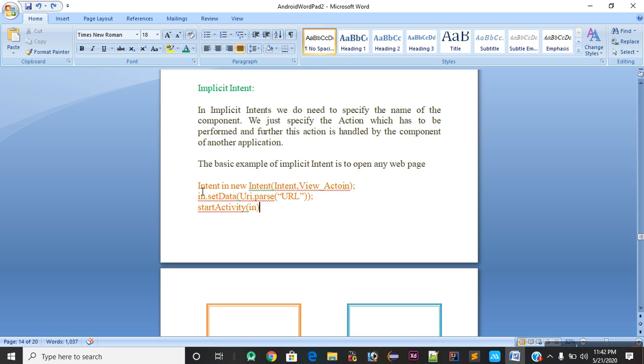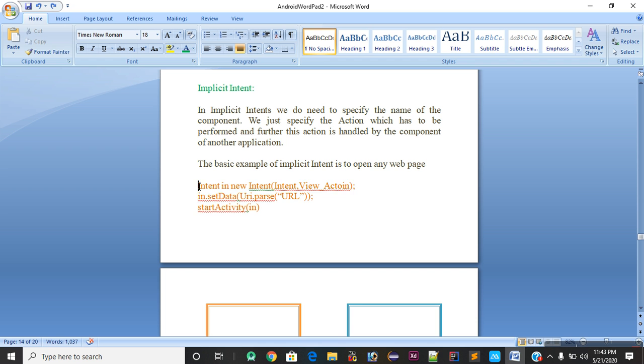Whenever you want to go to web pages, for example Google, which has a web page, the Google search bar, I will open it with one click and go to the web page. So there is a possibility to provide an implicit intent.